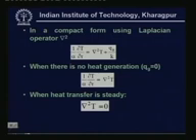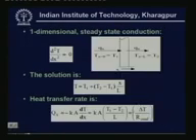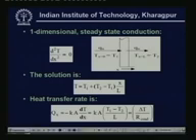And when there is no variation with time, dou T by dou tau becomes 0, and you have what is known as a steady state heat conduction equation given by del square T is equal to 0. This equation is known as Laplace equation. Now let us apply this equation to a simple case of one dimensional steady state conduction. So for one dimensional steady state conduction, this is the basic equation,